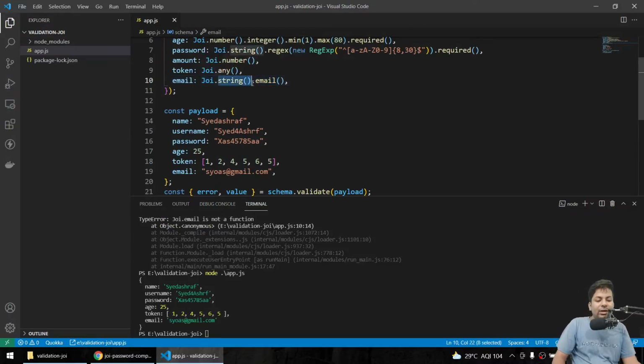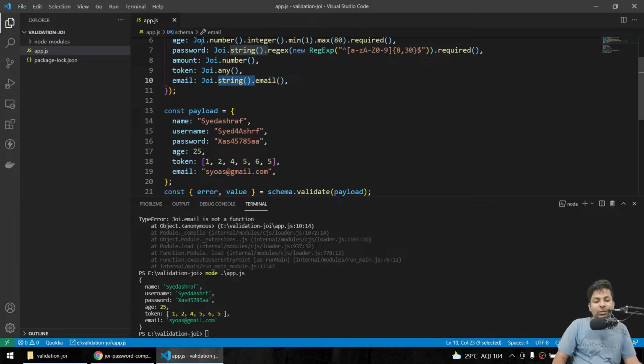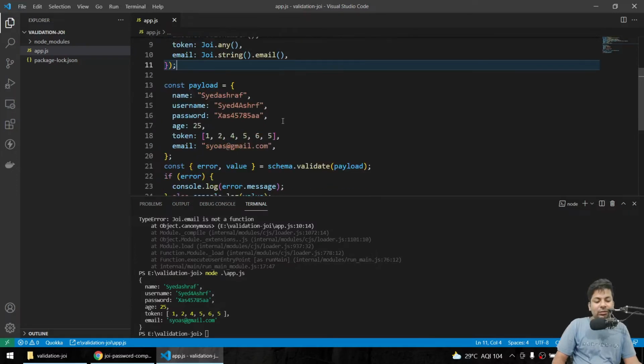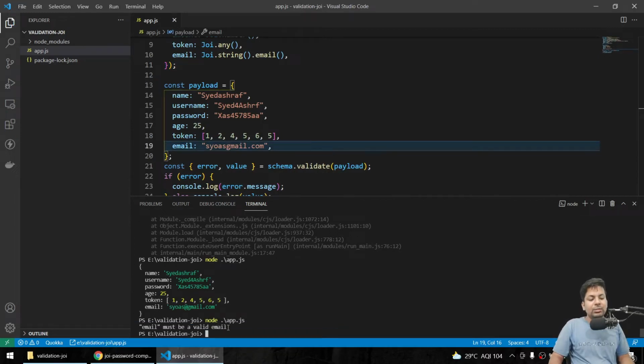How? Because we have to check whether it's a string or a number. If it's a number, it can't be an email obviously. So I told you it follows a chain method. Like in number I told you first number then integer, same here, first string then email. Now if I just remove @, email must be a valid email, so it's showing you not a valid email.